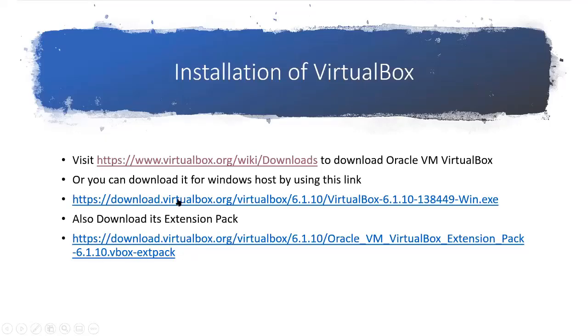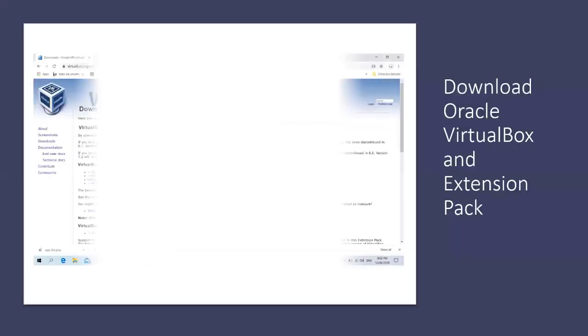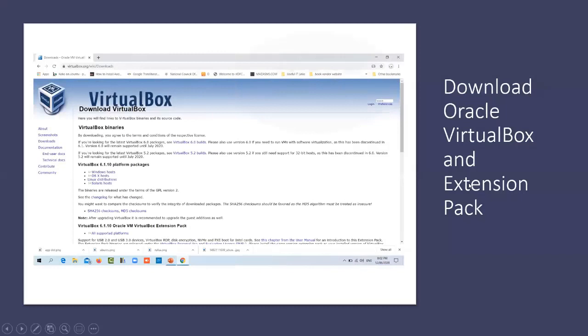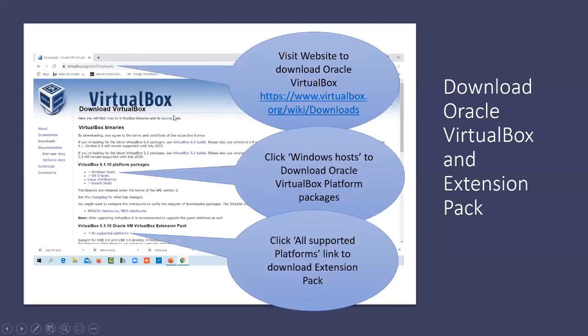Or you can use these direct links to download Oracle VirtualBox 6.1.10 and its extension pack 6.1.10. You just need to click these two links to download a package. Okay. These are the steps. You need to visit VirtualBox.